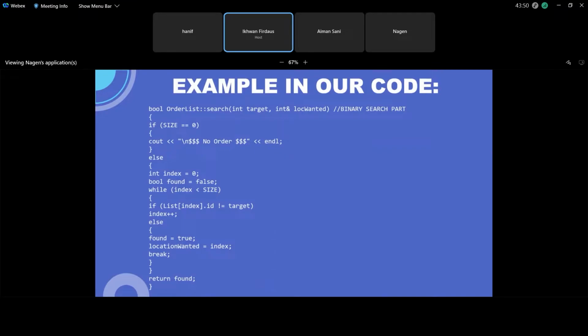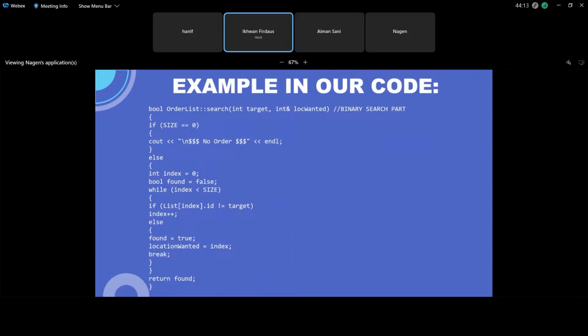So if the user didn't add any product, this will appear in our output. Else, if the user puts in some products,